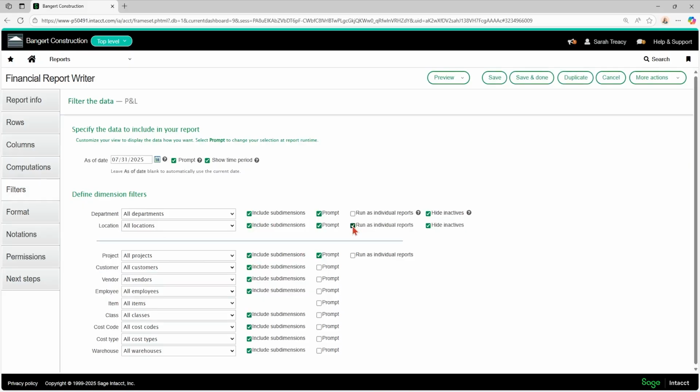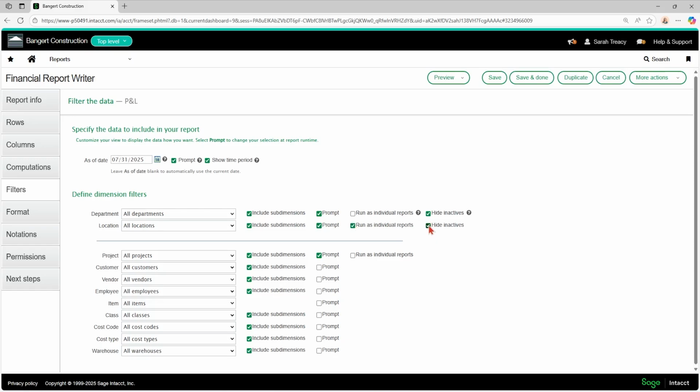So on a PDF, your locations would be on different pages. And if it was HTML, they'd be in different sections. We'll look at that a little bit later when we are looking at a report that's built off dimensions, but we'll come back to that expand by dimension.